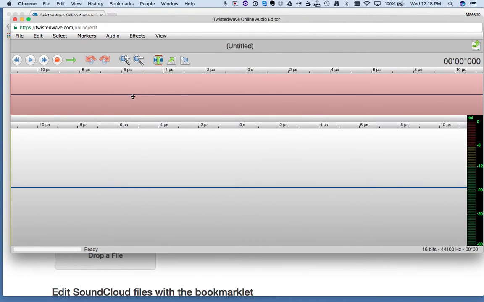Drag it to make it a little bigger. The controls are very simple. Red is the record button here. Play, rewind, fast forward. Also very useful if you record and you're not happy with it, the undo arrow, which you'll see in just a second. If you accidentally undo, you can redo. Some of the editing tools we really won't get into in this tutorial, so I'm going to hit record,